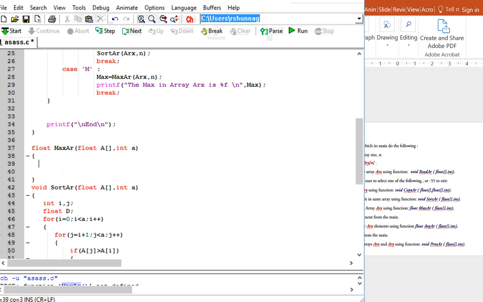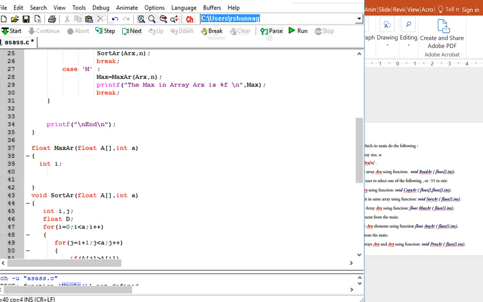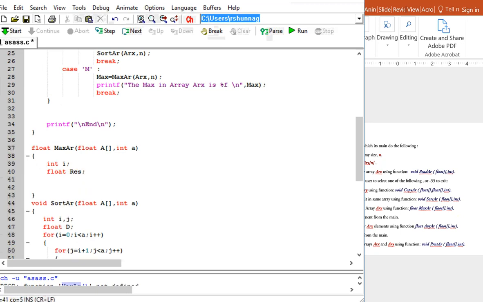To find the maximum, we need to go from one element to another, so we have a for loop, so we need integer counter, say I. We need the value of the result, which is the maximum, say res, which is a float. We can write float res like this, and then semicolon, and also we need a for loop,